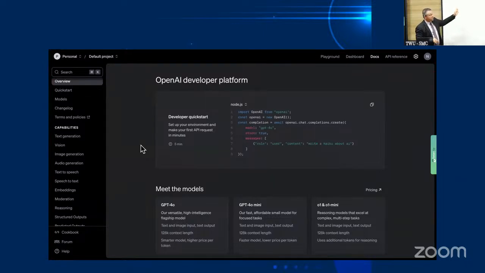If you've seen this, this is ChatGPT. Inside of ChatGPT, when you log into your membership, you can go to something called Playground. It's a backend part of ChatGPT, and you can see all of this on here.